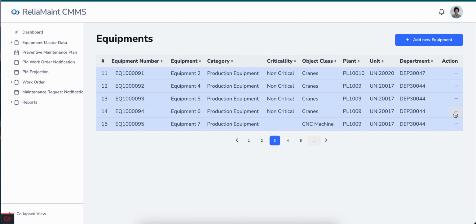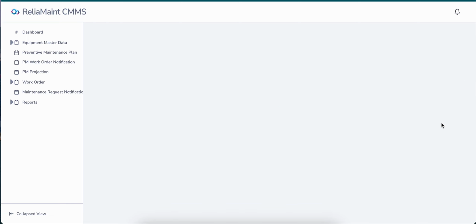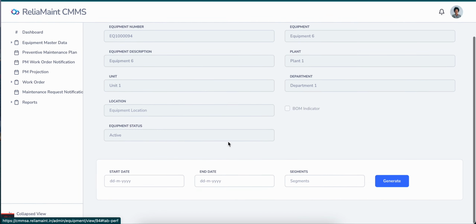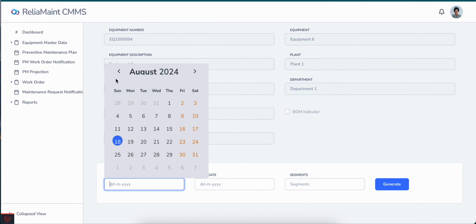You can see, and this information is available for each and every equipment. So let us see how it looks like. Again, performance, it is marking start date, end date.